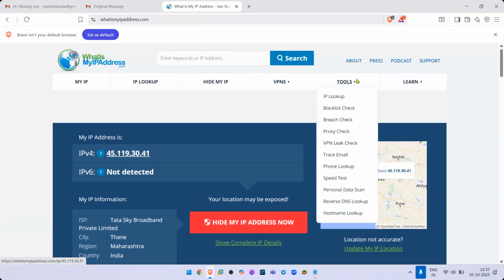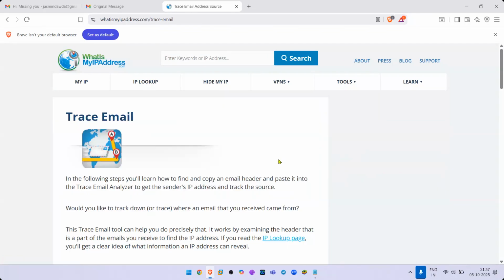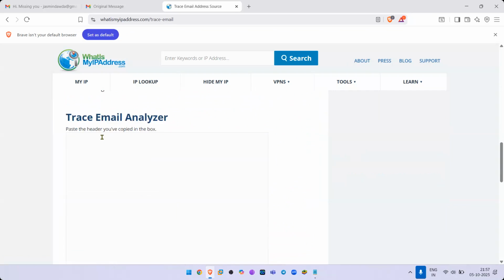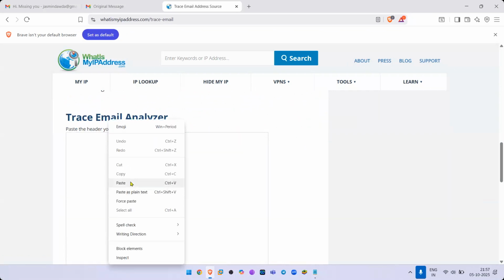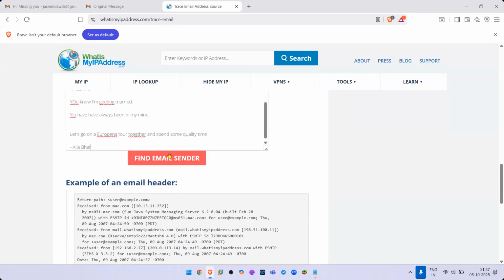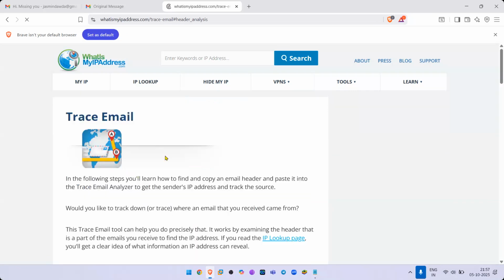Go to tools, click on trace email. Scroll down to where it says paste the header here. I copied the header earlier, so let me paste that header over here. Let's click on find email sender.